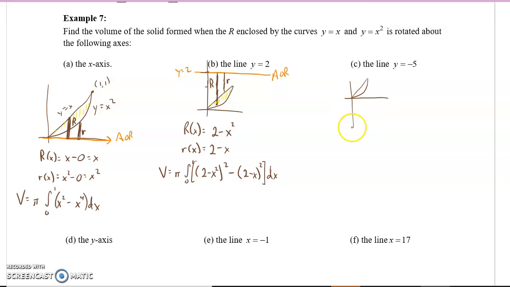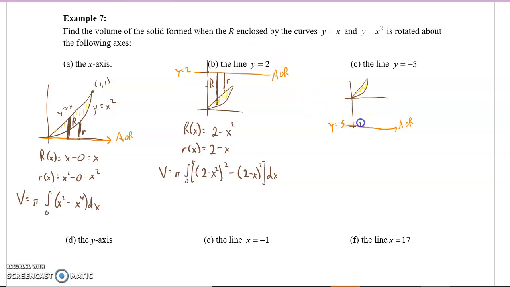This time we're going to be way down here at y equals -5, perhaps not drawn to scale. It's all relative though, right? It's down below, which is what we care about. y equals -5. So when we take our shaded region and we revolve it around this axis of symmetry, notice